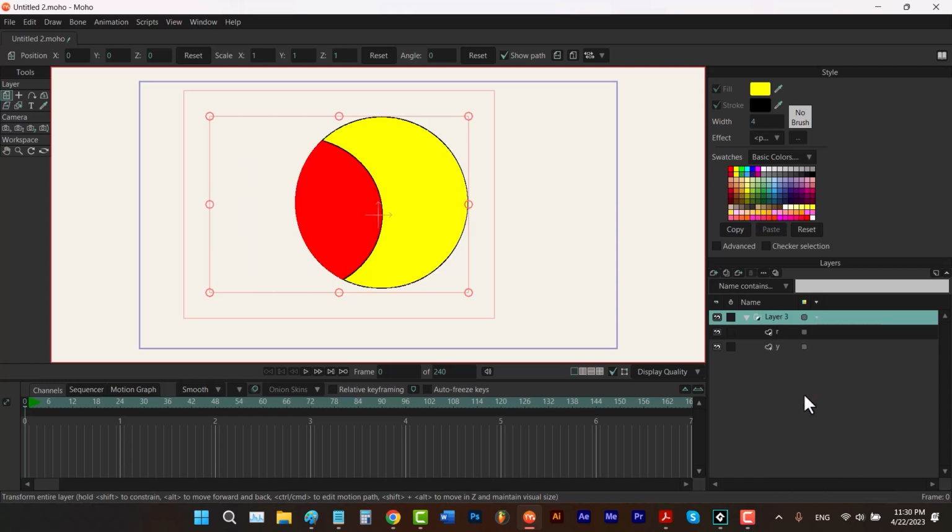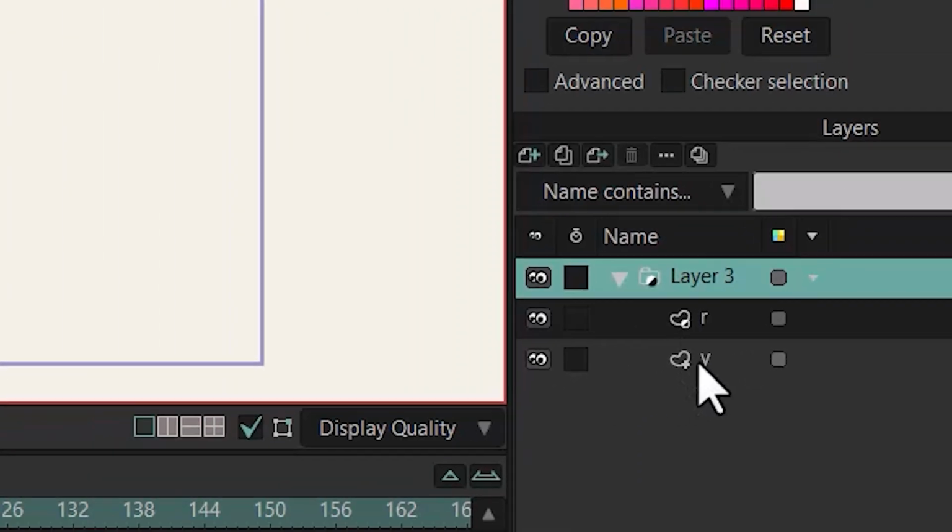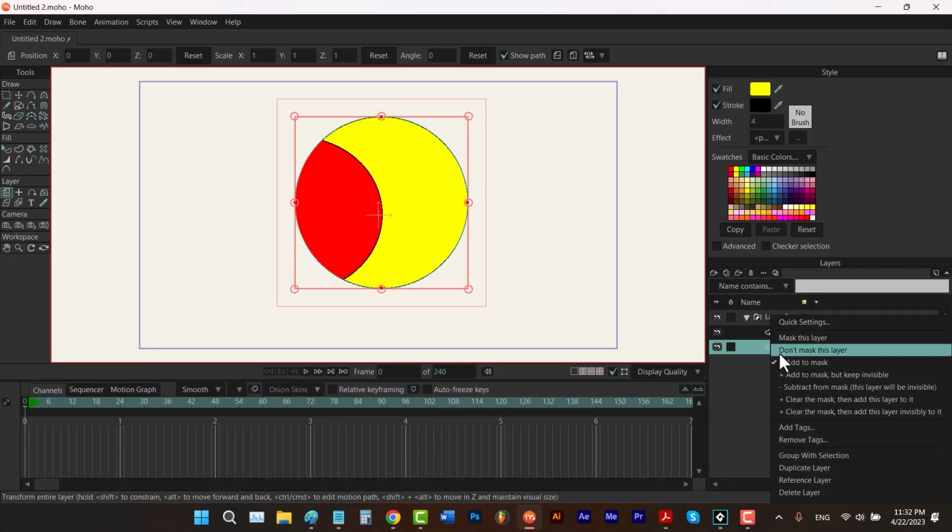So now, because we applied the mask to this group, you can see a circle next to it. And we have another circle here and a plus here. Whenever you see this circle next to your icon, it means that you applied the mask to this group. And every sub-layer in this group is going to follow the rules of that mask. And these icons mean how they're going to follow the rules. These plus and circle icons have their own names. If you right click on every layer, you can see their names.